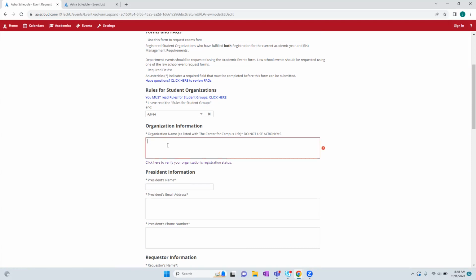We do ask for the full name that is registered with Center for Campus Life. Please don't use acronyms. Sometimes we have staff members who are not familiar with acronyms, and using your complete name ensures that we're able to find your organization and verify that you're registered and have completed your risk management training. Both active registration and risk management training must be completed prior to scheduling in academic classrooms. If you're unsure if you have registered and completed your risk management requirements, you can click here to verify your